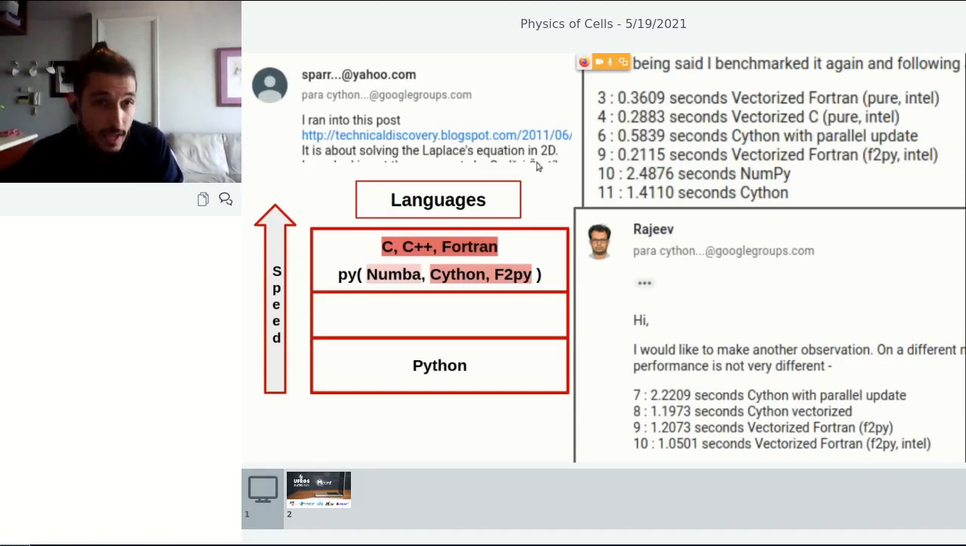Here, for example, the guy that was asking about this was because he found out on the internet that the same code he was running in Cython, another guy was running in F2py, and in F2py it was 6 times faster than in Cython. So he was very worried and asked, well, maybe should I change all my codes to F2py because F2py is faster? And then this Rajev here made a lot of benchmarks and showed that no, it's not like that, because you can see here, for example, that my